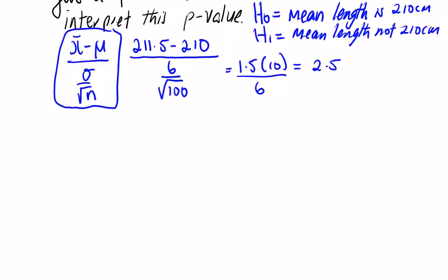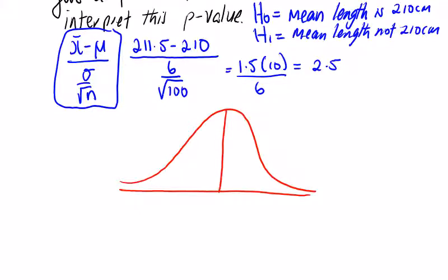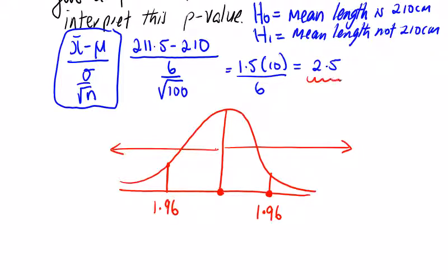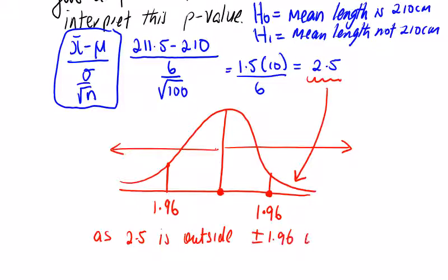This is where we're bringing in our normal distribution sketch. So you all know this already, what this 2.5 is. This 2.5 is 2.5 standard deviations away from here, going in this direction or in the negative direction, depending on which way we're looking at it. So 1.96 standard deviations is my 95% confidence interval from when we looked at confidence intervals, 1.96. So if our result is outside this 1.96, so as 2.5 is outside plus or minus 1.96 standard deviations, what we'll call also a critical region,